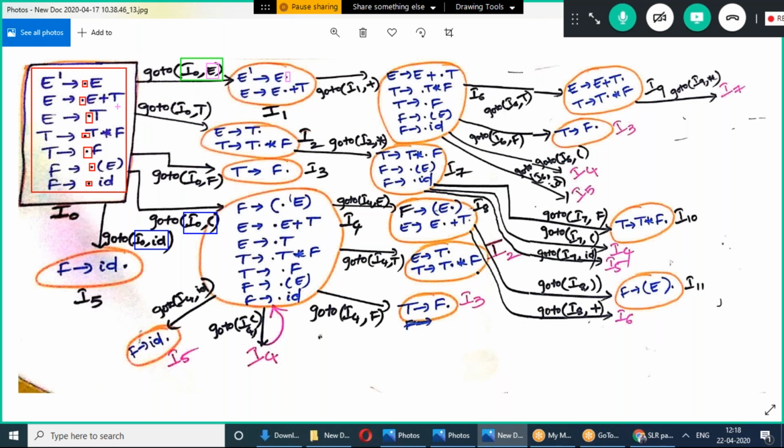Any other production having an E after the dot? No other production is there. So collectively we name these productions I1. Okay.